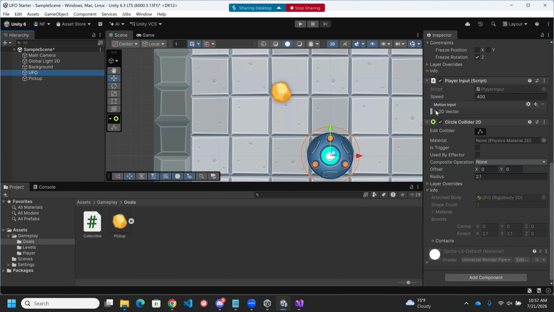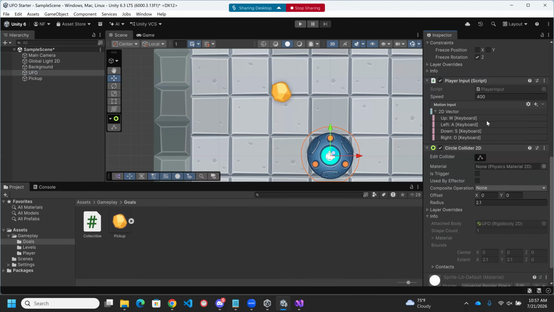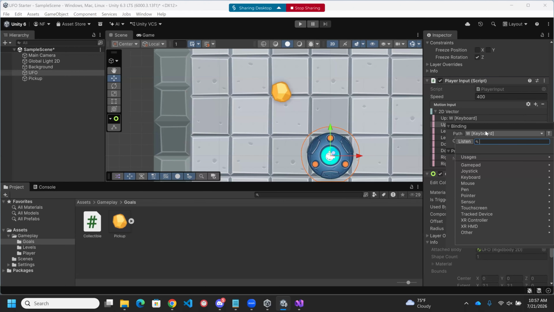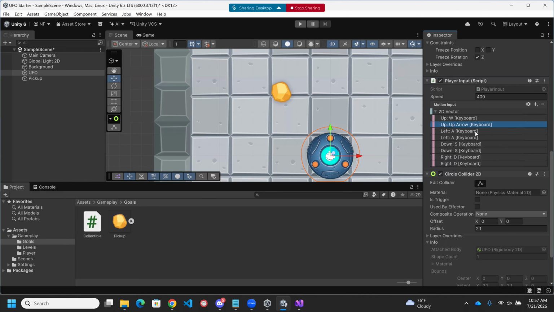If we look at the motion input, which is our 2D vector, and I have these bindings, I can, for instance, select all of these guys. Can I select? Yes, multi-select them. Say Control D, and now I have 8 bindings. It doesn't really matter to have the W key bound twice, but it very easily gives me a way to fix the paths by saying, for instance, listen,